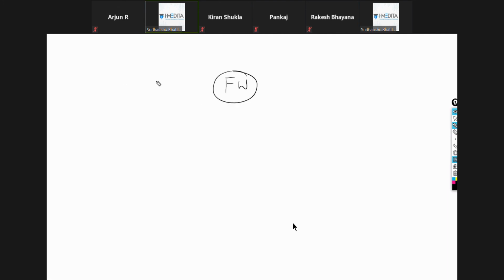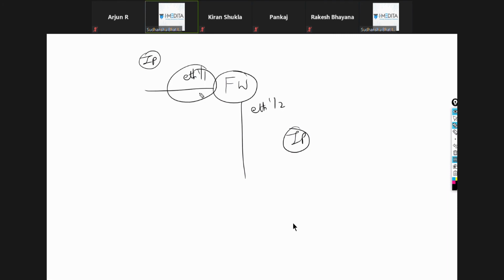One way of doing configuration could be that we make rules based on IP addresses, like if this is the source IP, or if this is the interface Ethernet 1/1, this is another interface Ethernet 1/2. We want to allow traffic from 1/1 to 1/2 or not allow, we can make rules.